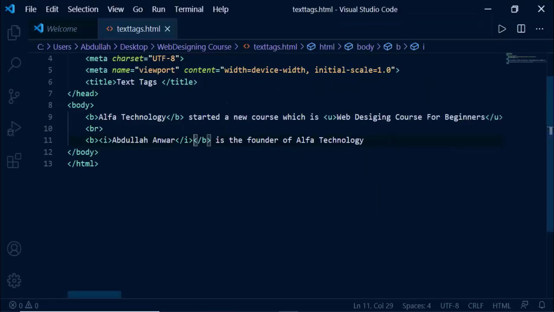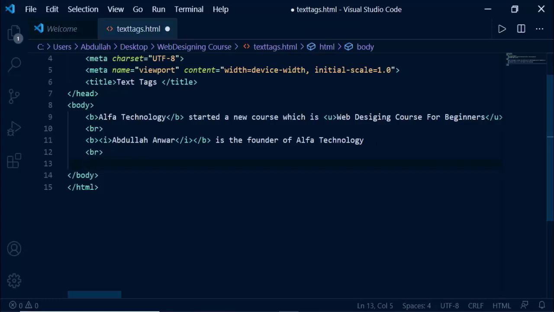So you can use a tag inside another tag. The main thing is that you need to take care about the order. If you are putting a B tag there and inside the B tag you are putting an I tag, you need to close your I tag first and then the B tag. This is known as a nested tag. Now let's go down, let's put a break tag right there. Now let's talk about the other tags.